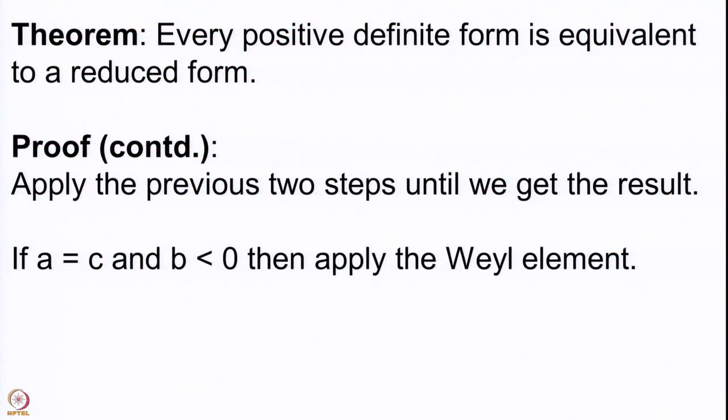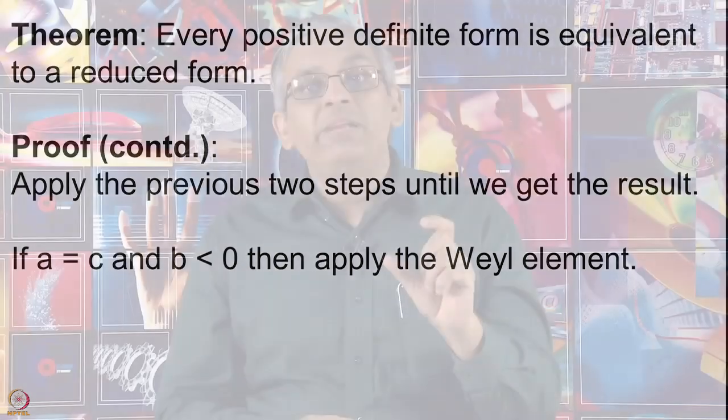There is of course this condition that whenever you have A equal to C, we want B to be positive. Now, if your A is equal to C and after applying the transvection and so on, you have got B to be negative, then you simply apply the Weil element once again, which is going to switch the coefficients of x square and y square, which are the same because you have A equal to C. So, those coefficients numerically do not change, but B changes its sign. So, earlier the B which was negative has now become positive.